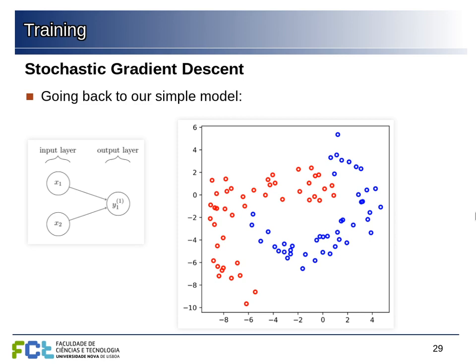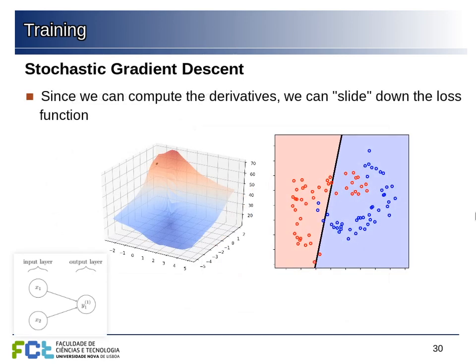Okay, so going back to our simple model, we have these two parameters here. We want to classify this data set. So now what we can do, since we can compute the derivatives, we can start at some random point. So imagine that these coordinates here are the values for the two weights that we're trying to adjust. We start at some random point where the error is large, but we can compute, at each example that we are presenting, in which direction to change our parameters so that we go down this error, this loss function. And during that, the parameters are changing, and eventually we get the best result that we can with